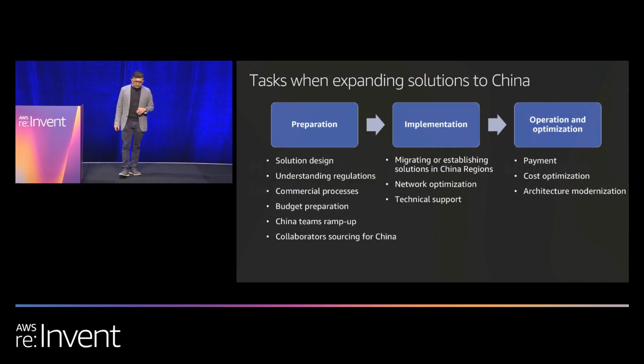So in the course of the last 6 years that I've been operating in China, helping customers land in China, we find that there are a few phases that customers go through as they choose infrastructure providers to help them in China. We want to put this down so that you can remind yourself there are some items you may not be familiar with. You may not commonly think about them as you use AWS regions. Typically, as you use AWS regions, you find it extremely easy to just deploy internationally. We want to make sure it is the same for you in China too, but there are some regulatory concerns that you may want to be aware of in China.